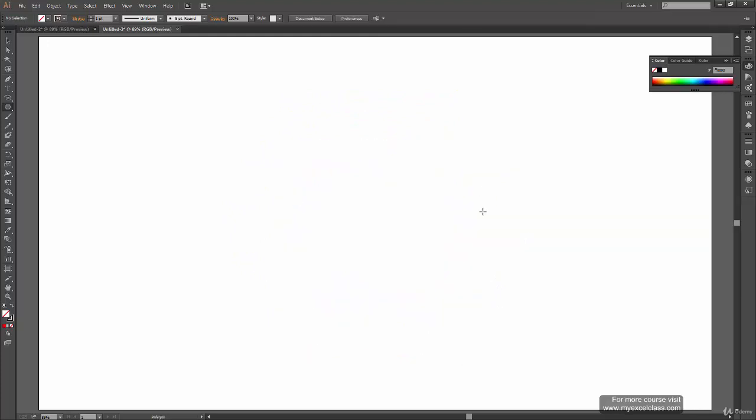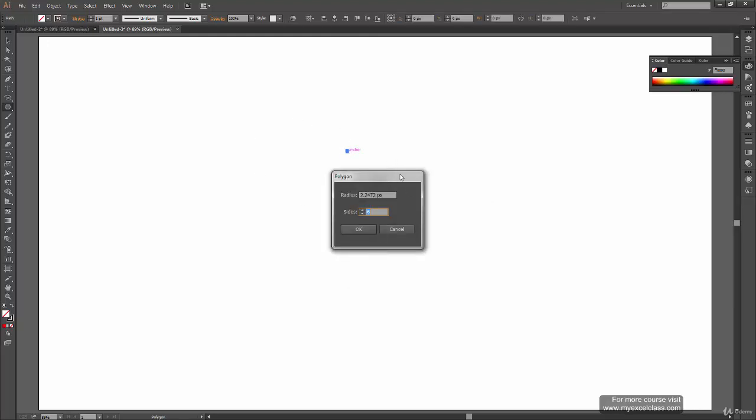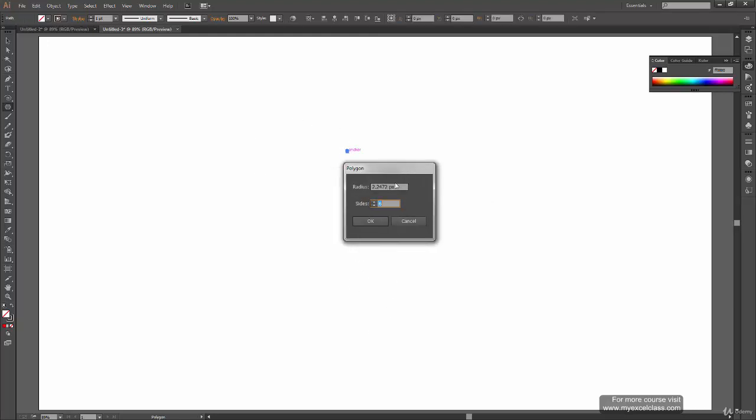So what other option keys do we have with the polygon tool? Before looking into that, let's double click on the artboard and see what options we get in the option window. There are two kinds of options we get. First is radius and second is the total number of sides. So we can change the radius from 2 pixels. Actually 2 pixels is really small, so we can change it to 200 pixels. That will be big enough to see.